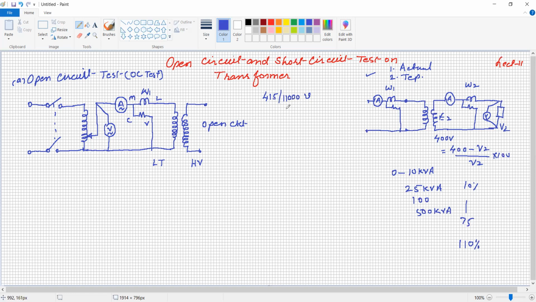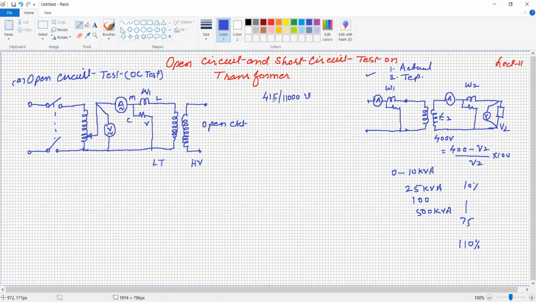Second, it is a higher voltage, difficult to handle, and dangerous to handle. So the 11 kV side is kept open, and there are no instruments, and nobody is going to measure the voltage. Again, it is from a safety point of view: the open circuit, where there are no instruments, and no person is going to observe it. So it is open circuited.